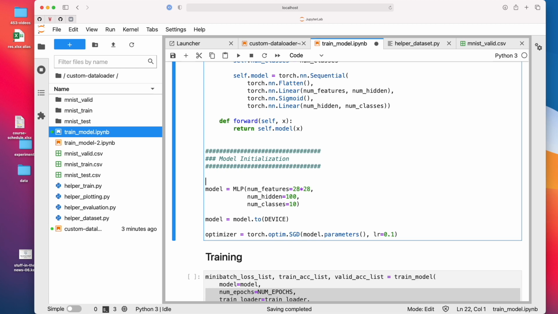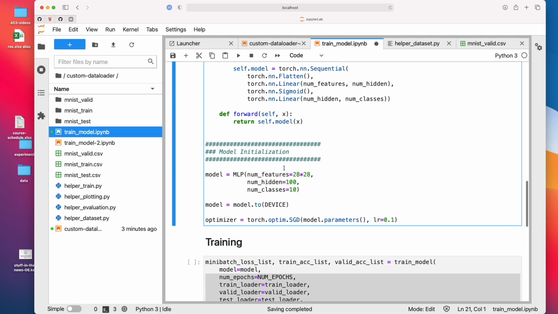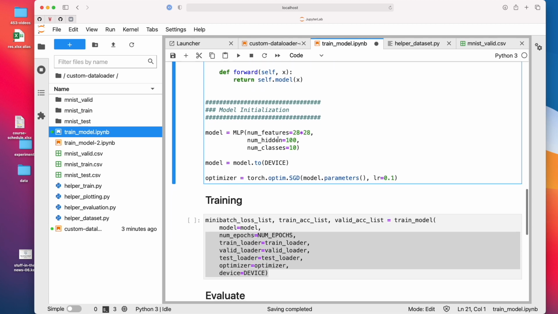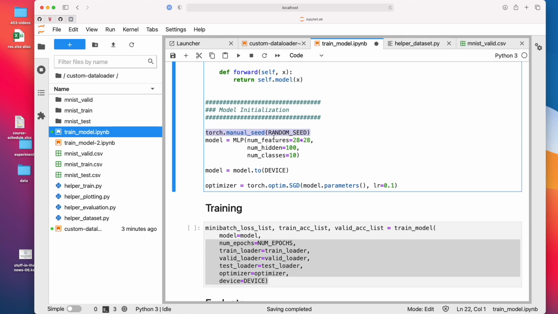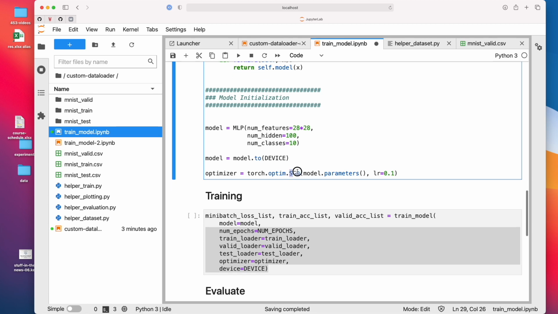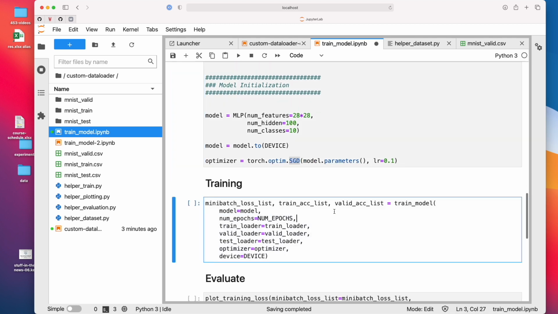I don't need to set another seed here because I've done that above. So here the seed would be for the initial random weights. We'll also talk about this in two lectures. So not the next lecture, but the lecture after that, we will talk about these different ways we can initialize weights. We use stochastic gradient descent.